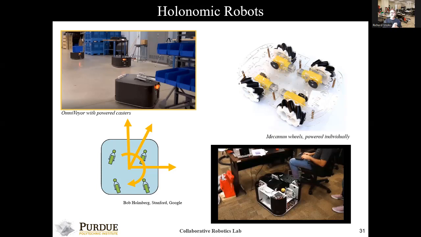robots. A holonomic robot can go any direction instantaneously. And humans are holonomic. I can just take off to the side. I can move sideways. I can sidestep. I can spin in place. I can spin around. This robot, the mechanism wheels, can do that, but also our Omnivores are a very unique case of